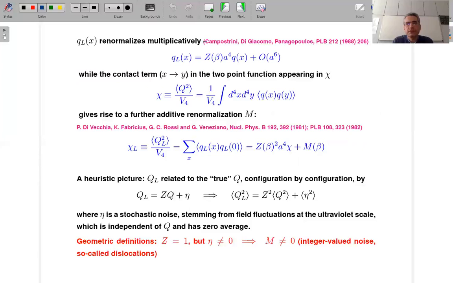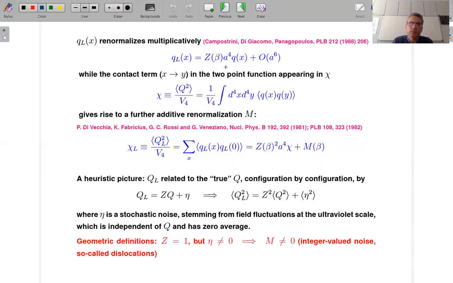First of all, you have a multiplicative renormalization, which relates the discretized version to the continuum charge. And this multiplicative renormalization must be intended in the sense that when you consider correlation functions of the discretized topological charge, you have to take into account a multiplicative renormalization for each power of Q that appears in the